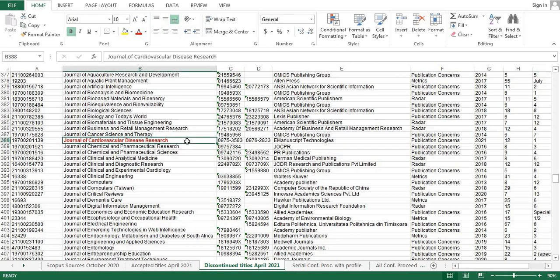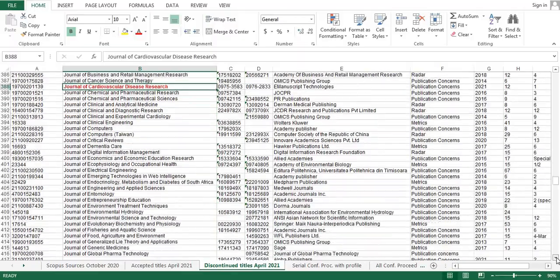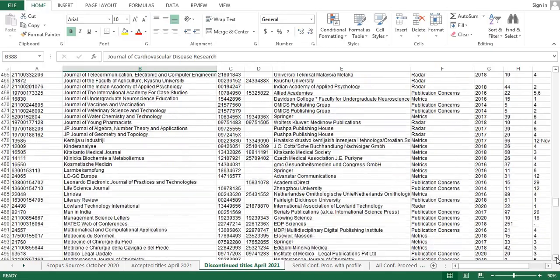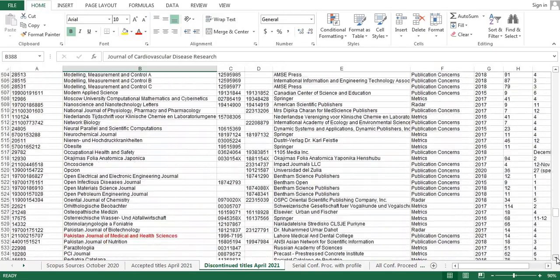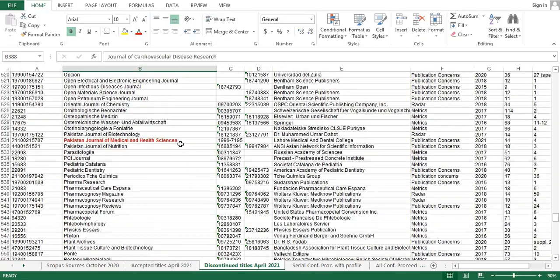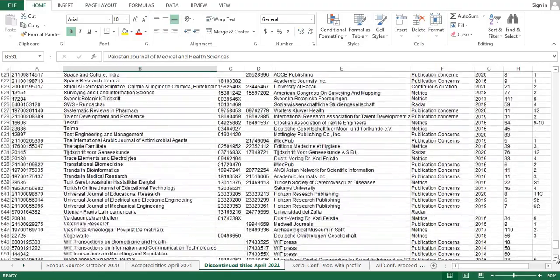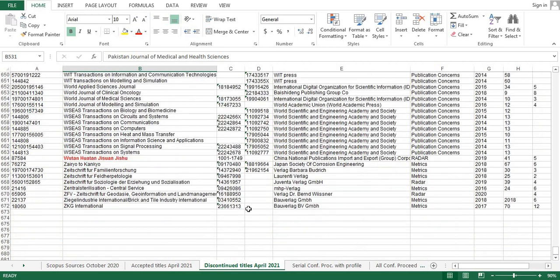Here you can find another journal name, and its reason for discontinuation, publisher details, all these things you can find it here. So just to scroll down to find the another journal. Yeah, here you can find another journal. The journal which is highlighted in red color is no more indexed by Scopus. So just to scroll down to find any other journals were added into this list. Just to scroll down, and here we can find one more journal. So this journal is also no more indexed by Scopus.